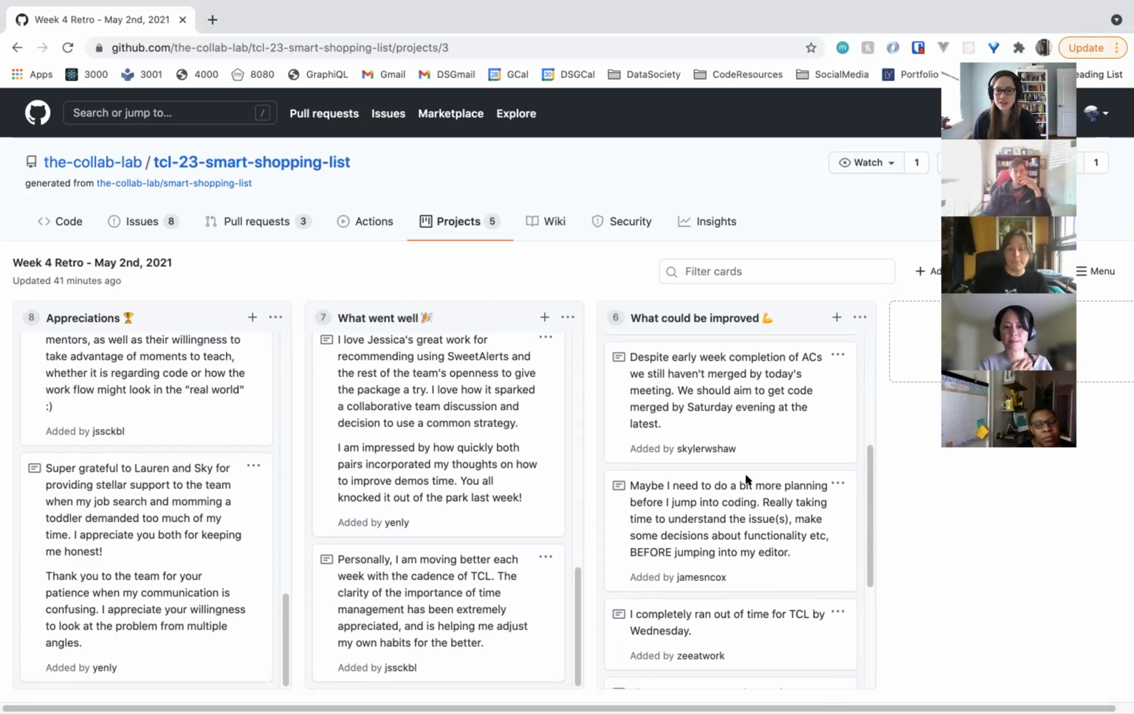Despite early week completion of the ACs, we still haven't merged by today's meeting. I think we should aim to get code merged by Saturday evening at the latest. Sorry to give you a kind of crap sandwich, because my appreciation was that you got so much work done early in the week. And then I realized that some of the confusion about how to implement things midweek blurred it all. So it's not on you, but I think for this next week, we should try to